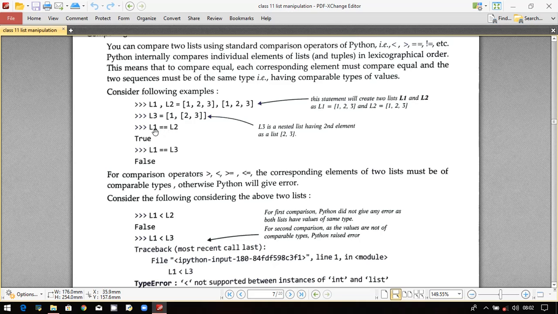If you compare it with the equal to symbol, L1 and L2 are having a similar list, all the elements are same, so it will return true. It will compare this one with one, so 1 is equal to 1, it is true. 2 is equal to 2, again it is true, and then 3 equal to 3, again it is true. So after comparing all the elements, it is getting the same elements, so L1 equal to L2 is